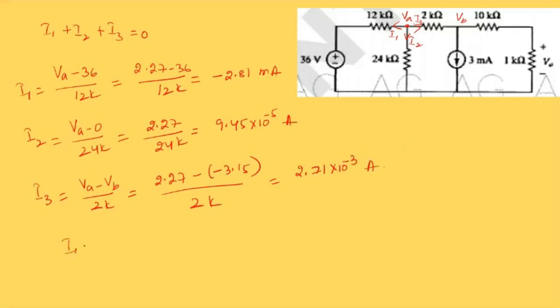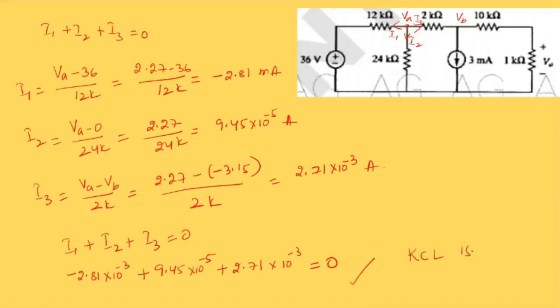So substituting it in equation I1 plus I2 plus I3 is equal to 0, you can see that minus 2.81 into 10 power minus 3 plus 9.45 into 10 power minus 5 plus 2.71 into 10 power minus 3 will be equal to 0. So this shows that whatever the voltage values we have obtained are correct and the KCL is verified